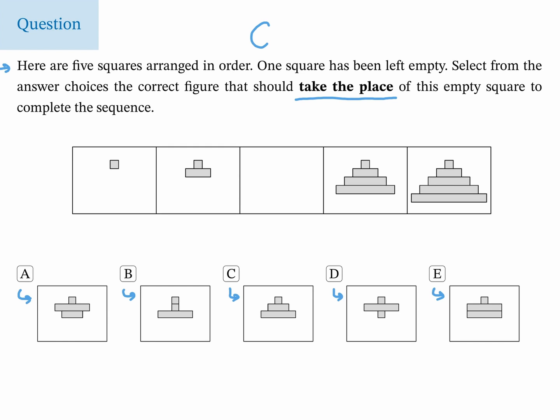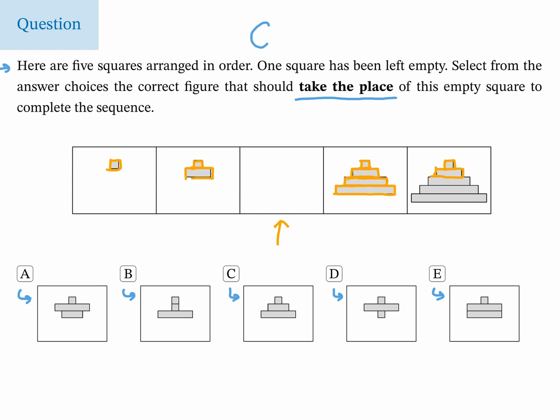So for this particular question, we can see that the sequence begins with a little gray square. And then the next box in the sequence has that same little gray square, but then a slightly larger rectangle that's also gray underneath it. Then we look at the missing square, which is exactly what we need to work out. But then we notice in the next square that there is the original little gray square and the rectangle that we saw. There's a new rectangular shape that's been added beneath, and then a 4th one here as well. And then the final shape, we see that there's